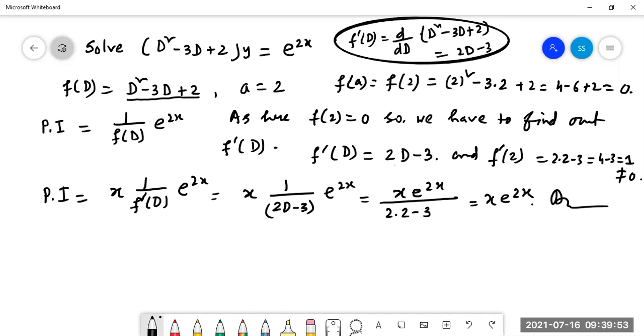So that is coming here. So now we have to find out f dash 2. f dash 2 equal to 1, that is not equal to 0. So we can make it